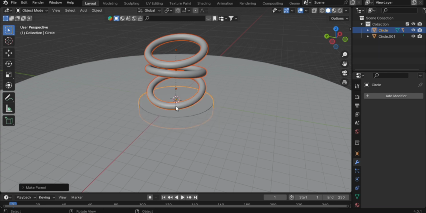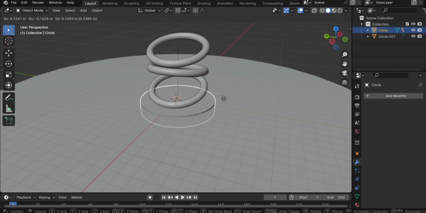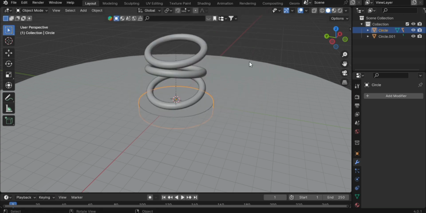Control P, object keep transform. So when you select this part and move it, the torus goes along. It's parented to that. So that's what I want to do. So the next thing I want to do now is select